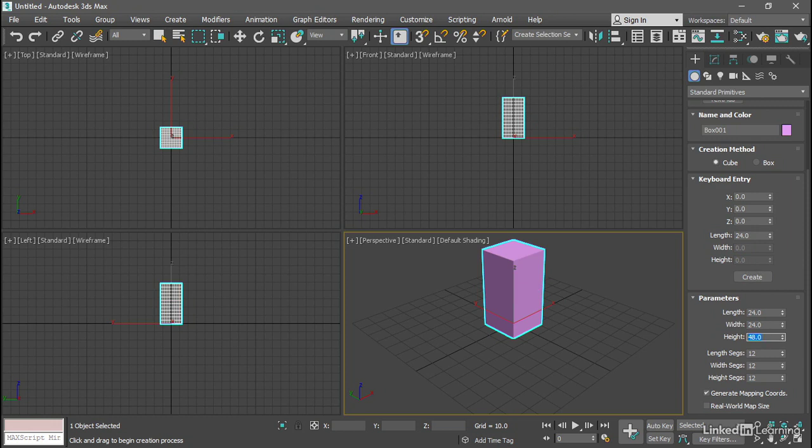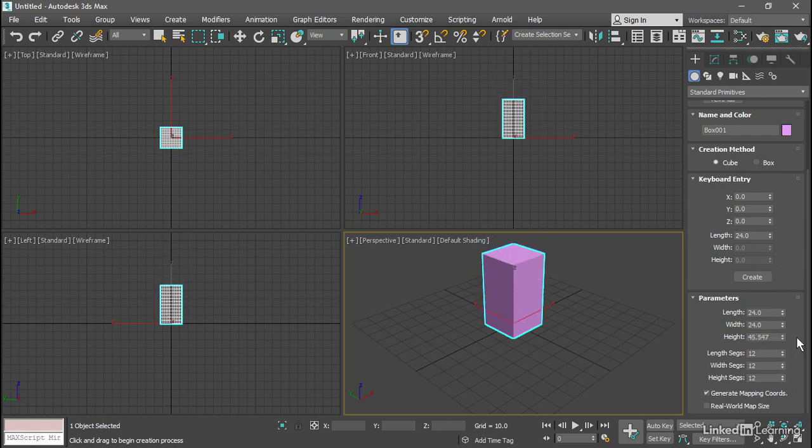We can also set these parameters by clicking and dragging with the mouse. Over on the right of the entry field are a couple of arrows. This is called a spinner. If you click and hold your mouse down, you can adjust that value either up or down. If you click and drag the mouse, then you can move that parameter value up and down a little bit more intuitively.